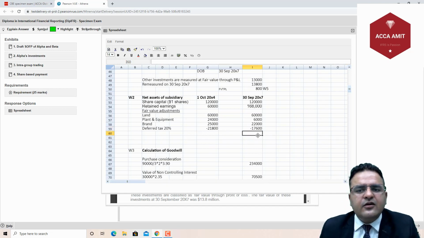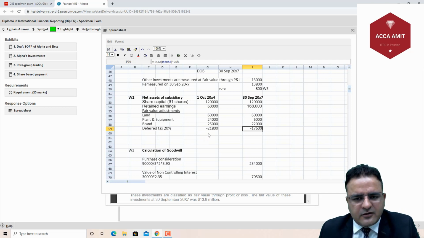The deferred tax liability on the date of the balance sheet will be 17,600. You simply need to copy paste the formula from here. So that's the way our life has improved. As I was saying, we simply need to copy paste, and we should note the concepts. As far as accounting is concerned, we should be clear with the concepts, then only we'll be able to do accounting properly. So when we total up,